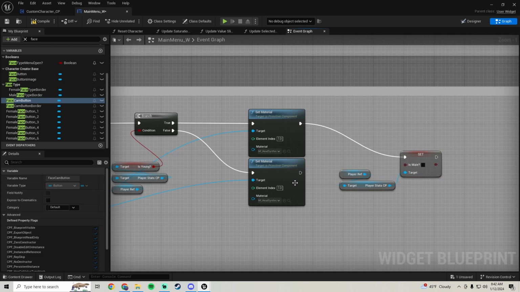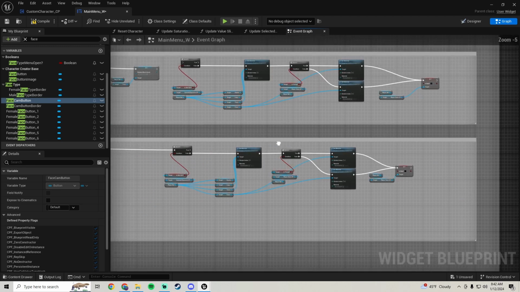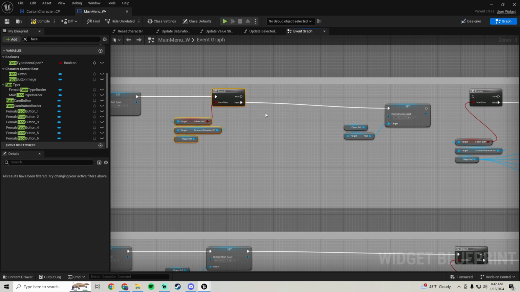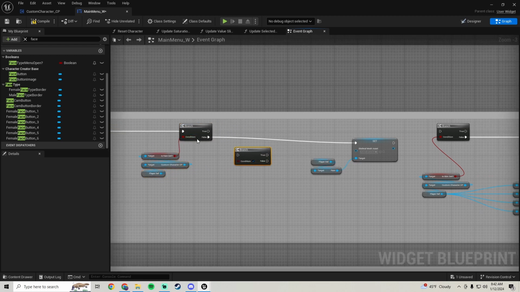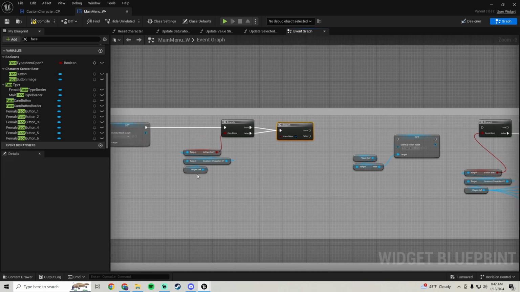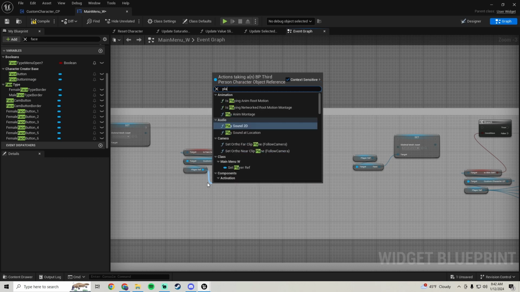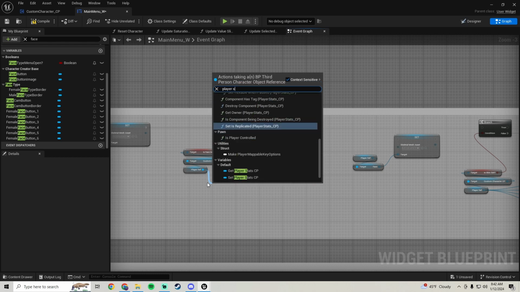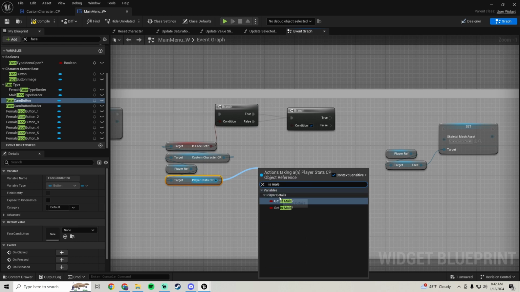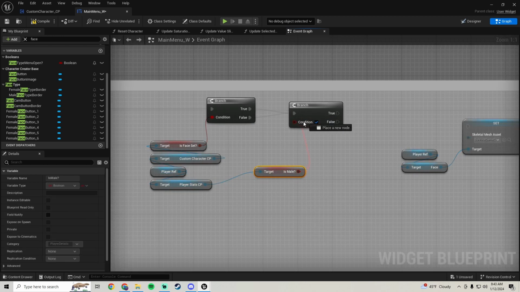Like this. Because what we're going to check here, we're going to grab another branch. And then off of the false and the true of this branch, we're going to hook that in. And we're going to grab our player stats CP, and we're going to see is male. And if we are